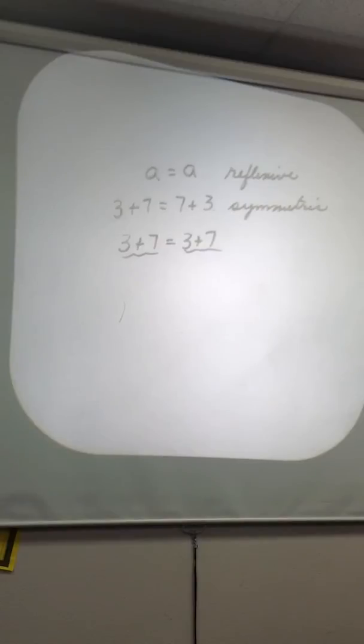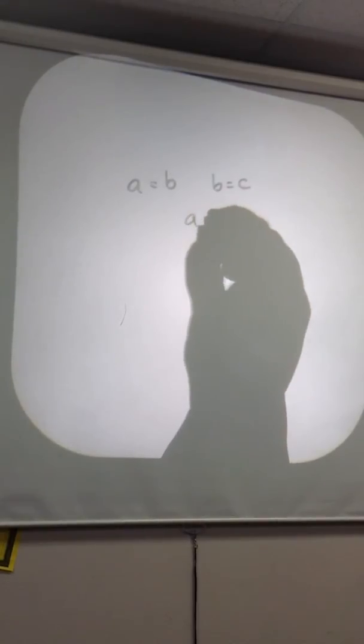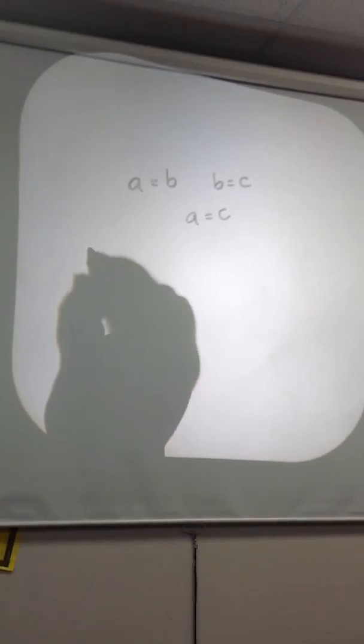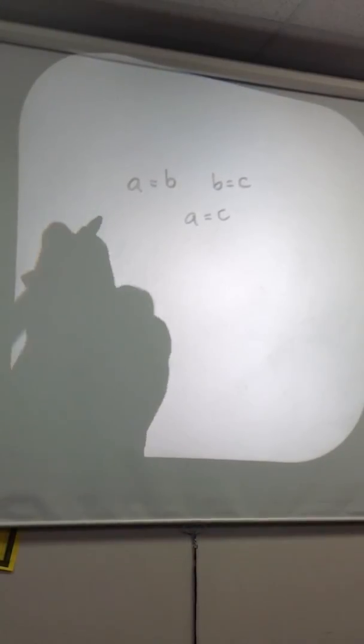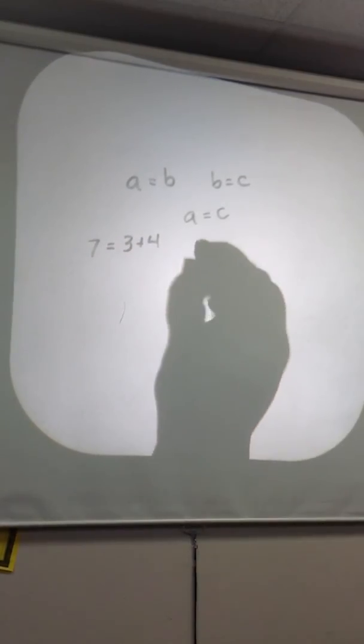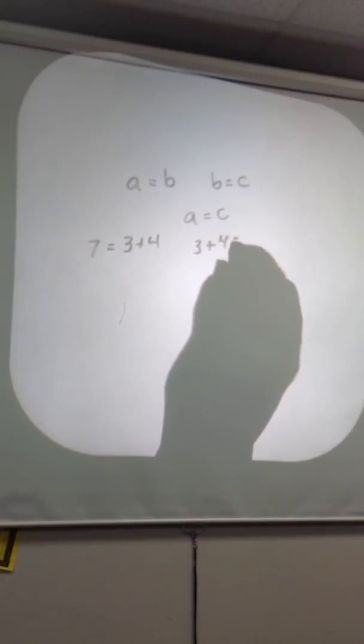Okay, then there is one more. I've always called this the Santa Claus property. It says I've got A equals B and B equals C. The transitive property says, okay, then A equals C. All right, now let me show you what I'm talking about. Suppose it said, 7 equals 3 plus 4. And 3 plus 4 equals